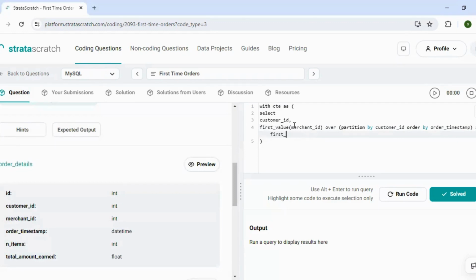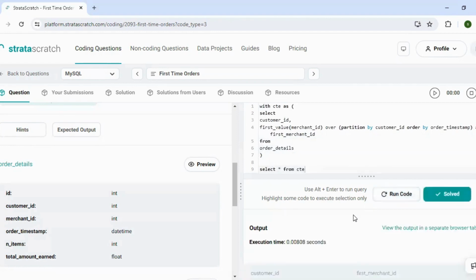I'll just keep it as first merchant ID from order details. So if I run this CTE,